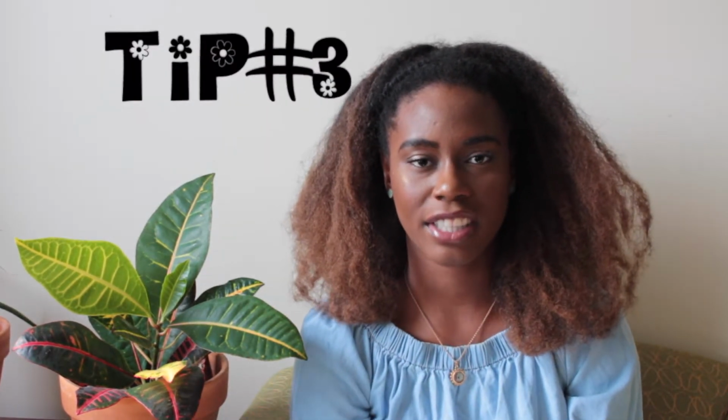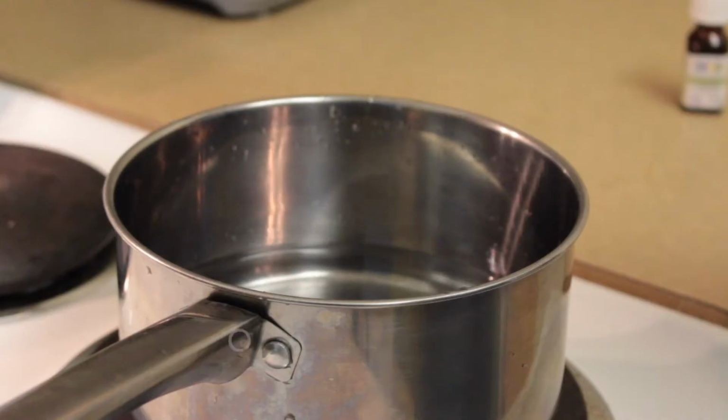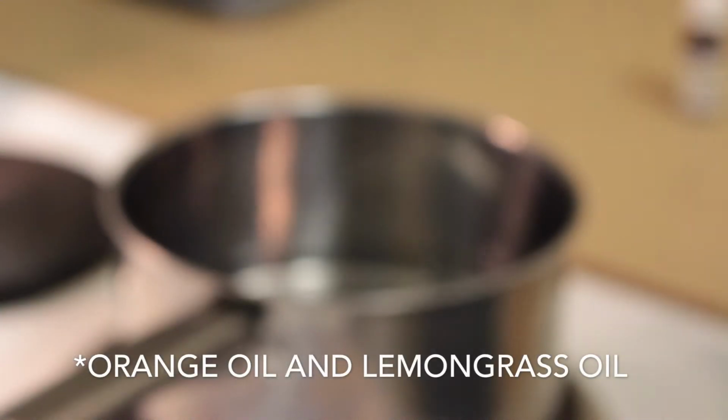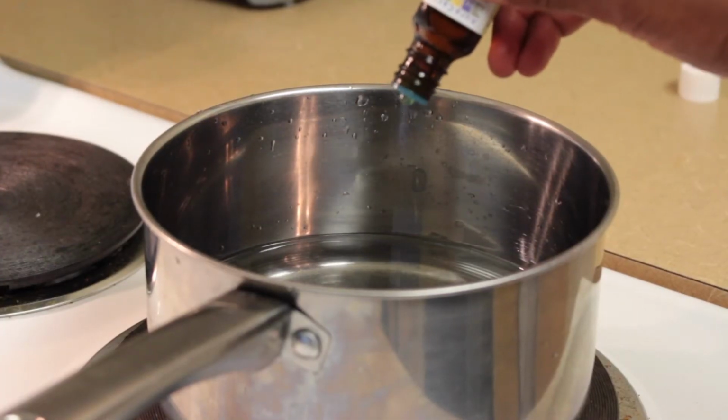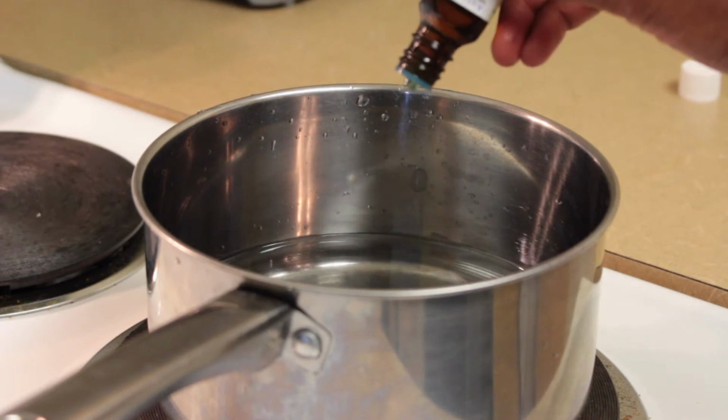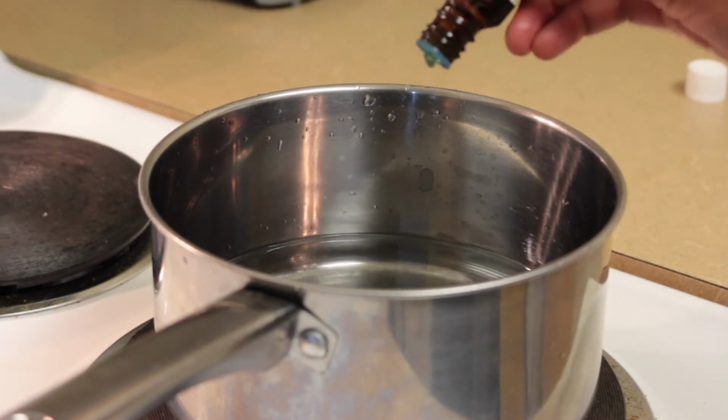Tip number 3 is to boil water in your kitchen and drop some essential oils of your choice to create an aromatherapeutic environment in your kitchen and in your home in general. So I like to put whatever makes me feel happy at that moment and drop it in the water, and I'll do about 5 drops of each scent. I like to do no more than 2 or 3 types of scents,